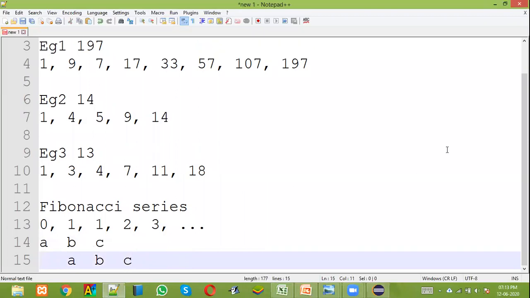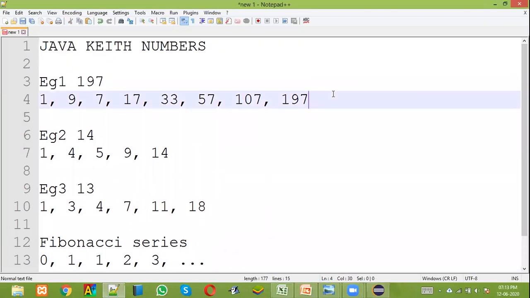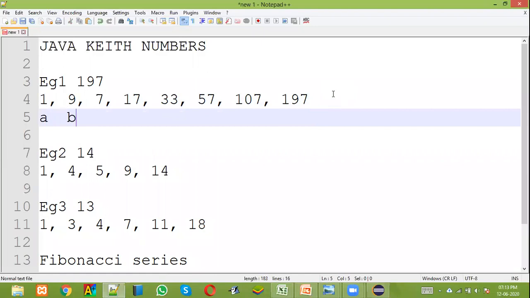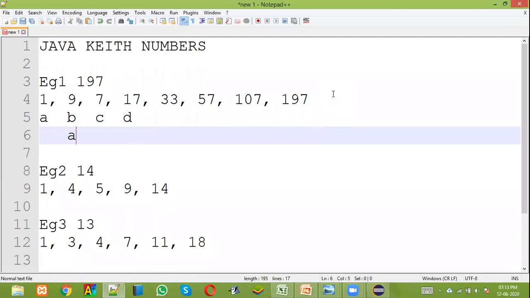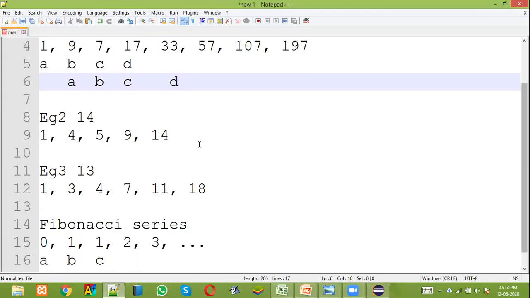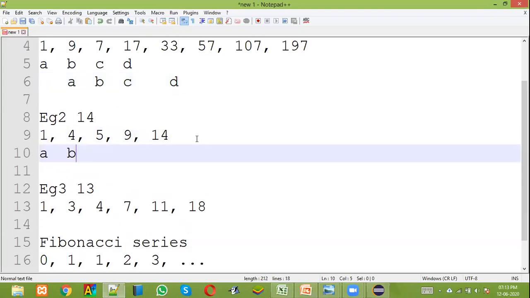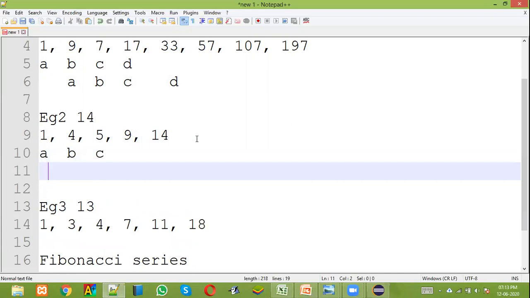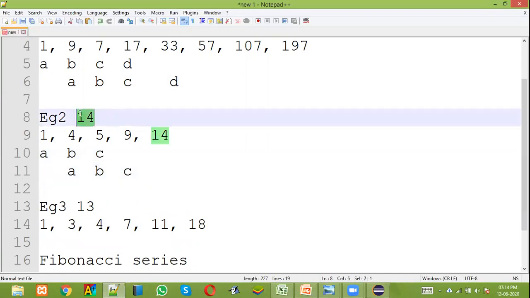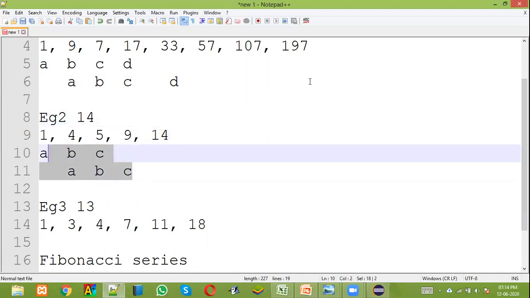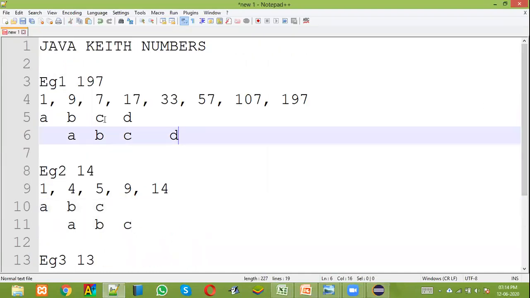But if you observe carefully, in this series, imagine that for 197, I'm keeping this as A, this as B, this as C, and I have to keep this as D. Next time this has to become A, this has to become B, this has to become C, this has to become D. If I talk about this example, this will be A, B, this will be C. Next time I'll take this as A, B, C. If you observe carefully, if it's a 2-digit number, I need 3 variables. If it is a 3-digit number, I require 4 variables. Similarly, if I'm having a 4-digit number, I will require 5 variables to do the question.